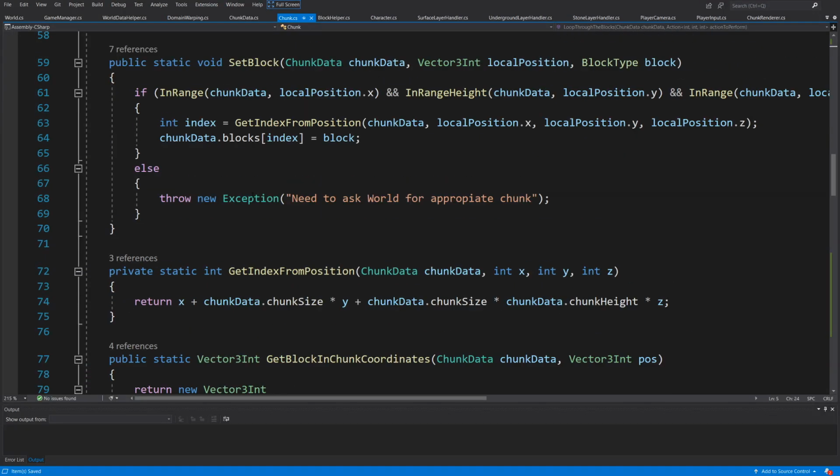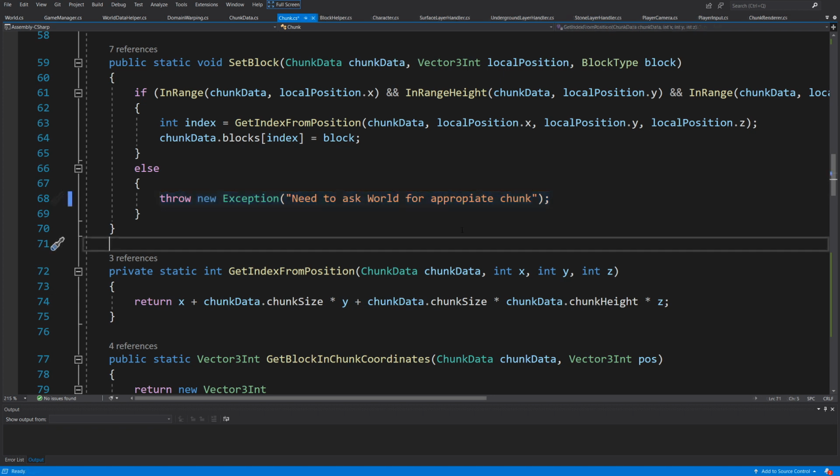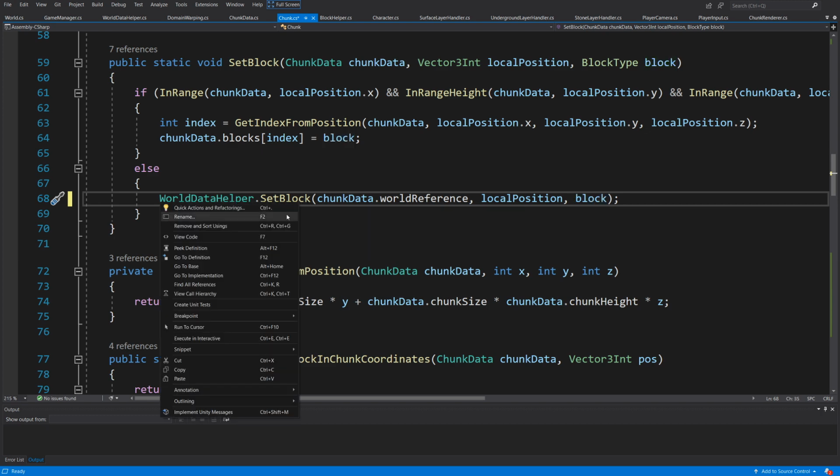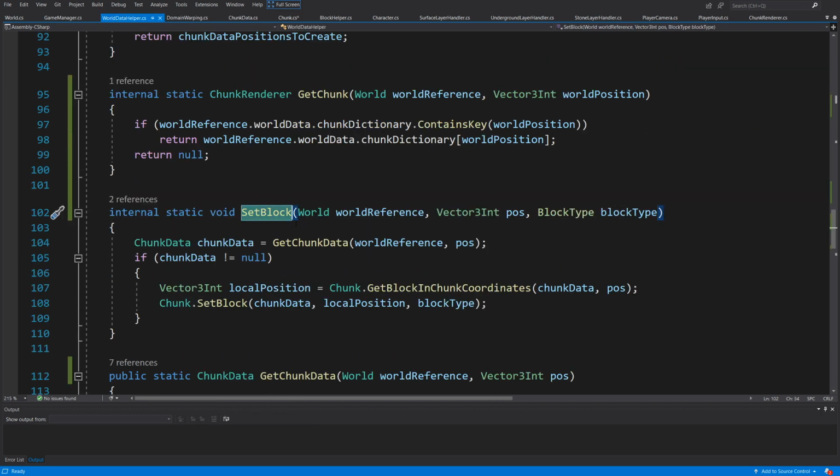And this is something that we have forgotten to implement, or actually I have forgotten to implement, because it was not needed until now. So what we are going to call here is our WorldDataHelper.SetBlock, and we are going to pass the chunkData.worldReference, local position, and our block type. As you might recall, I think in the previous video we implemented this method to set the block type for the specific position.